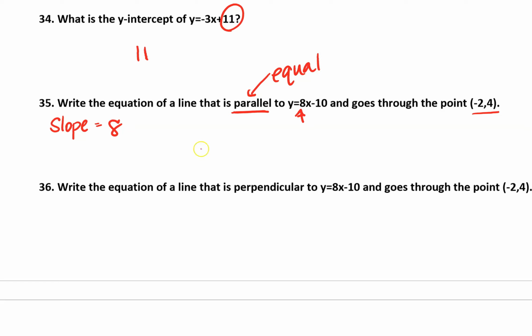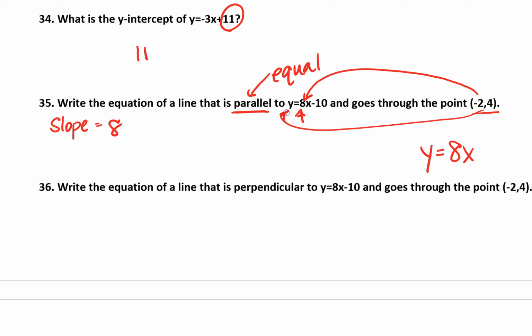So our new equation is going to have a slope, y equals 8x. All we need is the intercept. How I get that is I'm going to take my equation and substitute this point in, into the x and the y, and keep the slope. So 4 equals 8 times (-2),